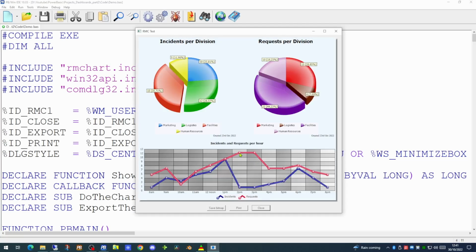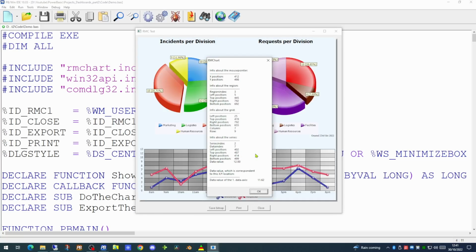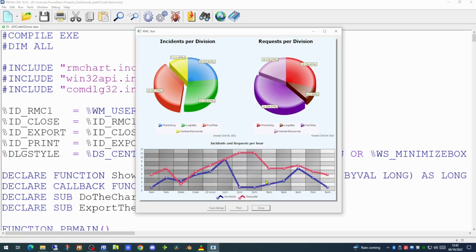If we look at the line chart and do the same thing, it gives us the information that it can pull back from that chart that you have just clicked on. Data index 7 and the position on screen and the actual value. So this is giving you a hook in the code into which you can add your own functionality. We'll be covering that in a later video. But for now, let's have a look at the code.